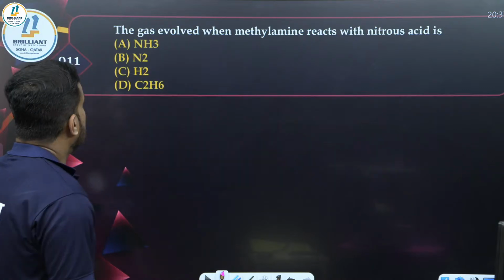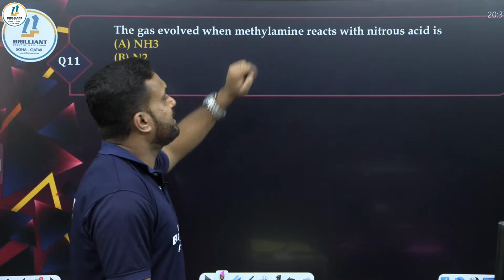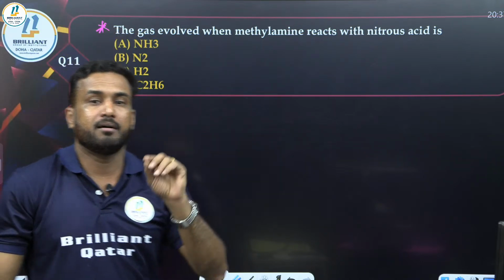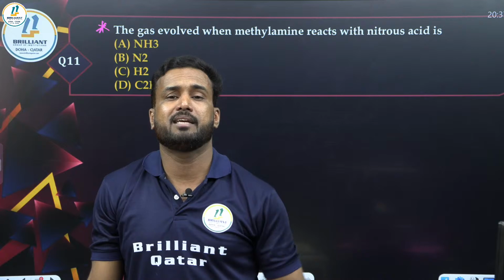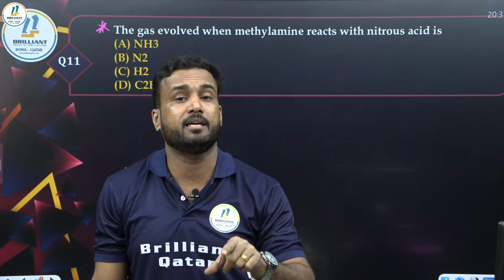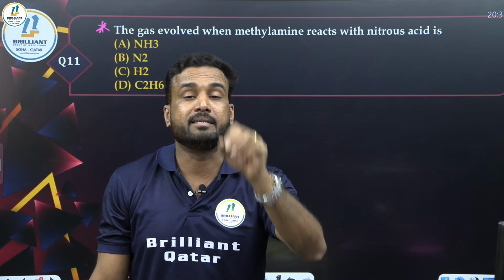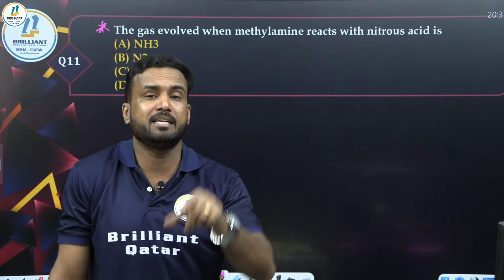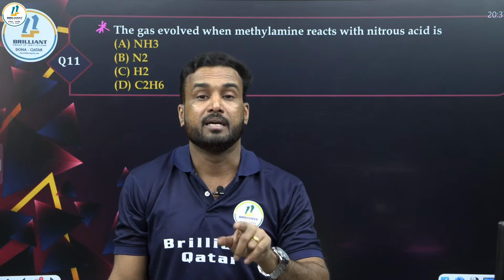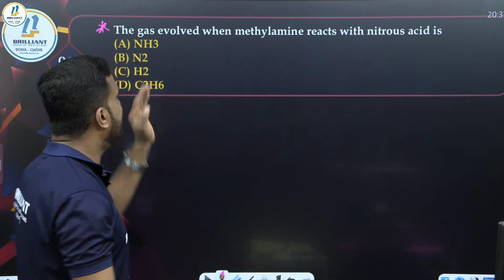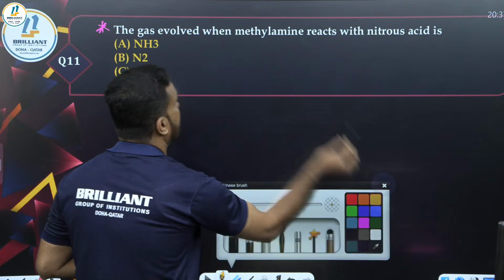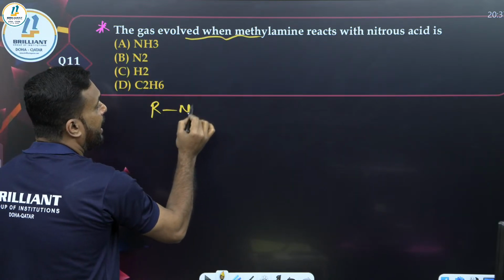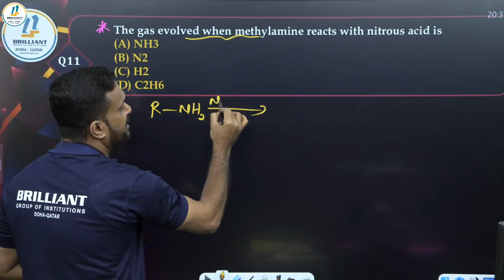So question number 11: the gas evolved when methylamine, and dear students, keep in mind this question. So we are learning this one: aliphatic amines, when they react with nitrous acid, you will be getting a primary alcohol, and along with that, nitrogen gas will be liberated. That way even we can identify aliphatic amines. Keep in mind, nitrogen gas will be liberated whenever aliphatic amines react with nitrous acid. The gas evolved when methylamine, RNH2, an aliphatic amine, reacts with